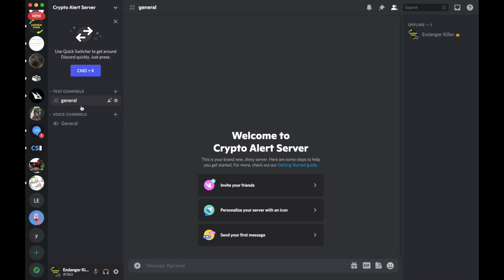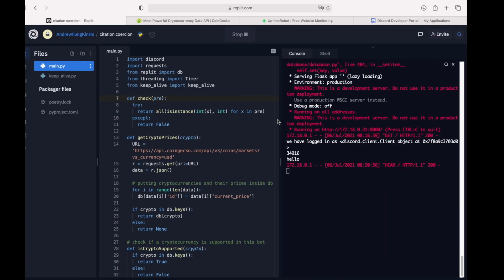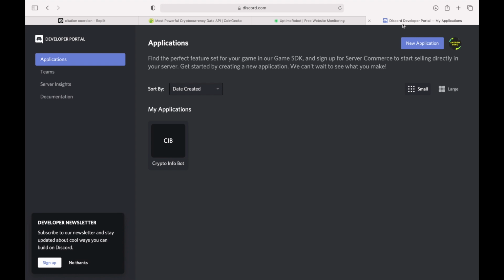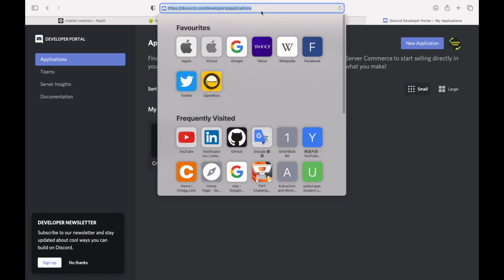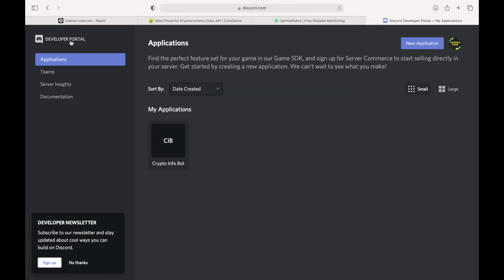We have a default channel which is general, it's a text channel, and also a voice channel which is also in general. Moving on, we will need to go to the Discord's developer portal. I will put this link in the description box for reference. And after you go into this link, you will see a developer portal platform for developers.